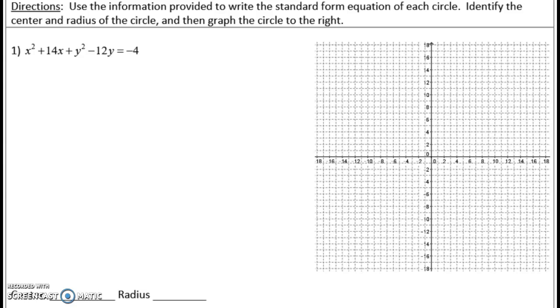Okay, so here's our first example of taking an equation and putting it in the form so we can find the center of the circle and the radius. Right now you should note that there is an x squared plus a y squared, so it's possibly a circle. We're going to do a little work here to put it in the proper form, and that is called completing the square, because we want to change it into the form we talked about yesterday,